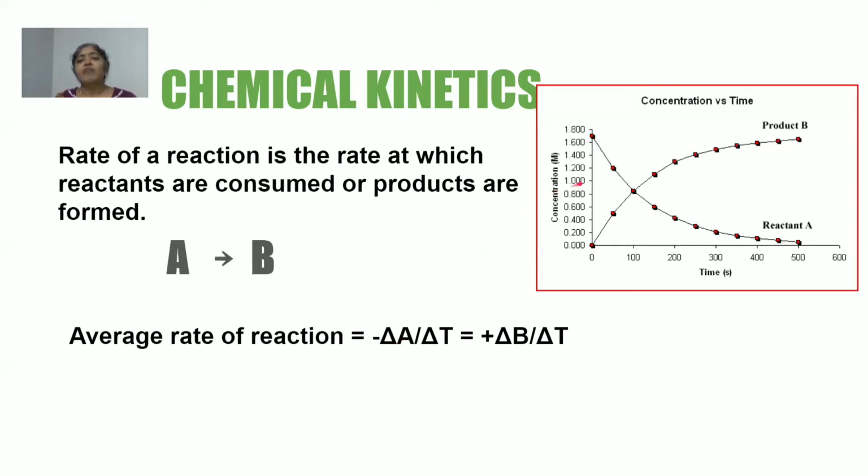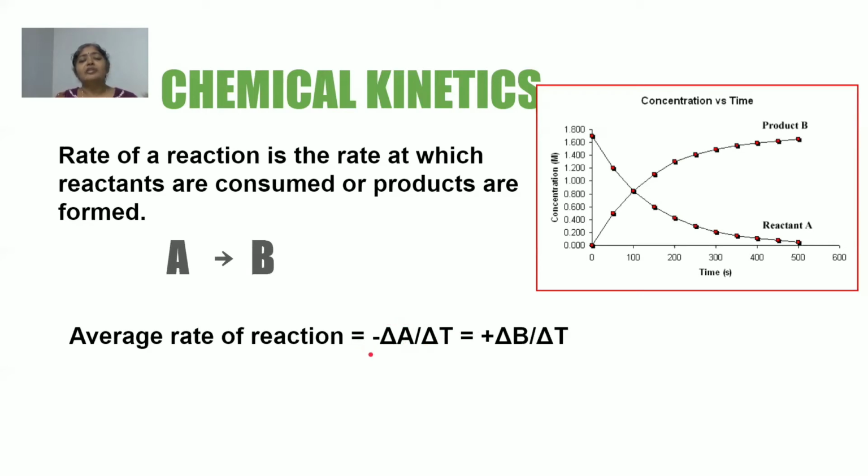So you can look at this graph here. Suppose I consider the concentration of reactant at time t equal to 100 seconds. So at 100 seconds, the concentration is 0.8 molar. And if I were to consider at 200 seconds, it has decreased from 0.8 to 0.4 molar, let us say. That means my change in concentration or delta A value will become 0.4 minus 0.8, which is minus 0.4. So when I put here minus of minus 0.4, I get plus 0.4 upon 100 seconds. That is 200 minus 100 is 100 seconds, right? So my final answer for rate of the reaction should be positive.